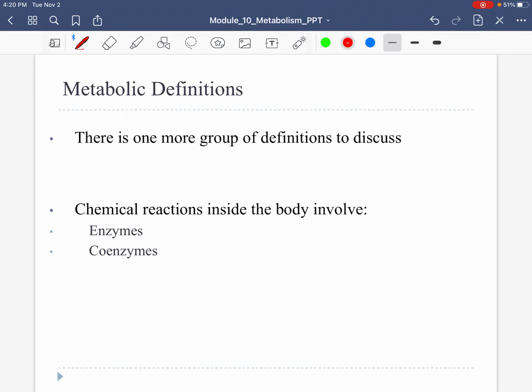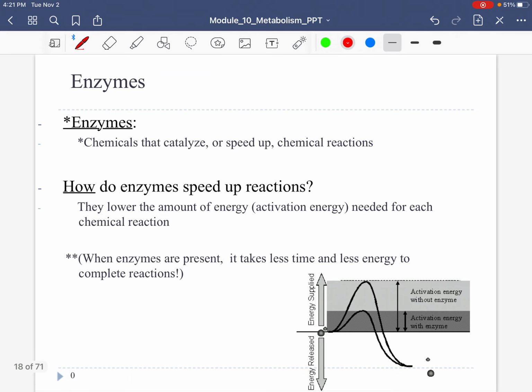All right, now before we talk about the specifics of what we're going to talk about, we have to discuss and define a couple more things. We have to talk about enzymes and coenzymes. Now that we know that your cells have to convert glucose into this usable energy form, ATP, we have to discuss a couple things that are involved in that process. One thing is enzymes, and one thing is coenzymes. We need these, not just for cellular respiration chemical reactions, but really for all chemical reactions. So make sure you can define these.